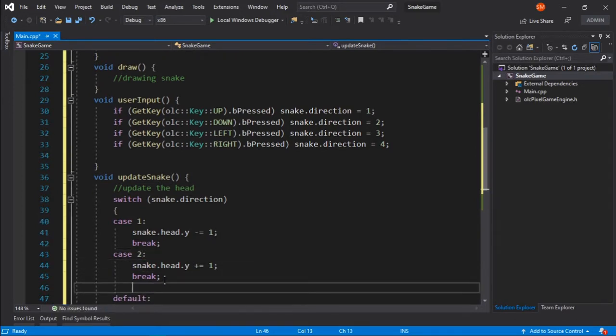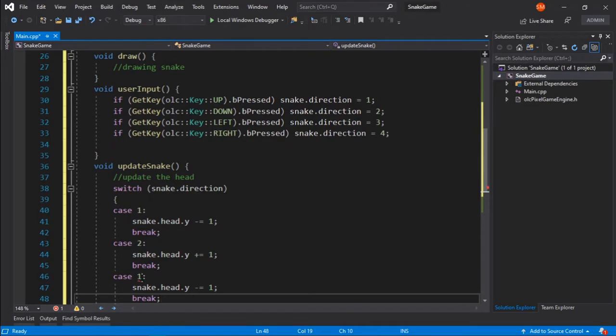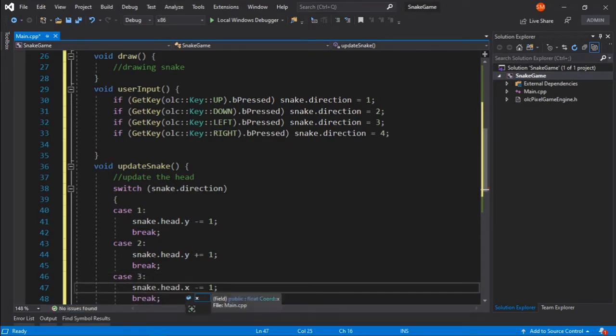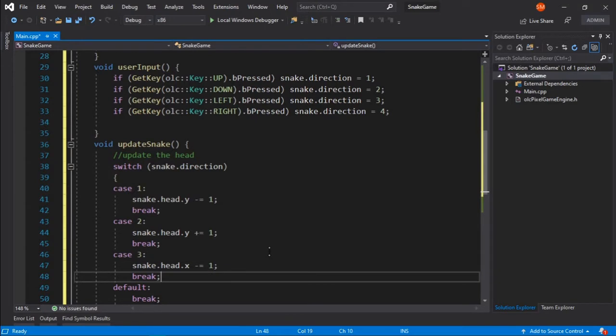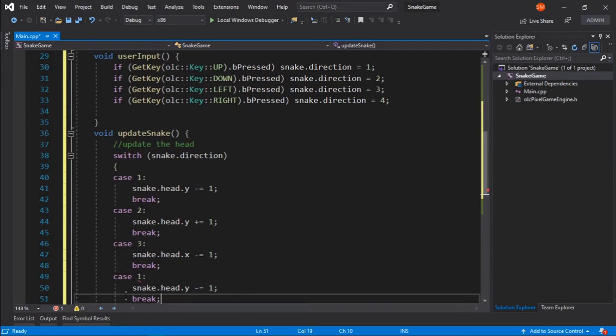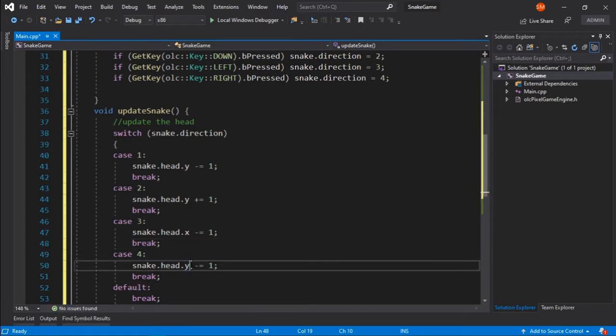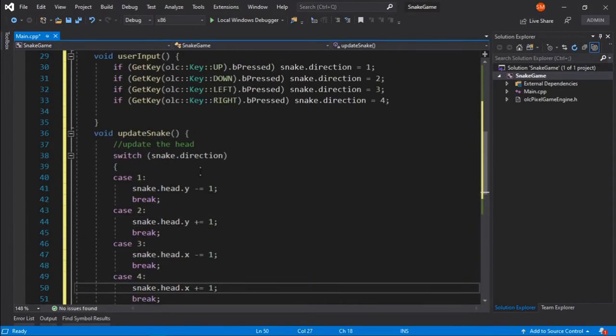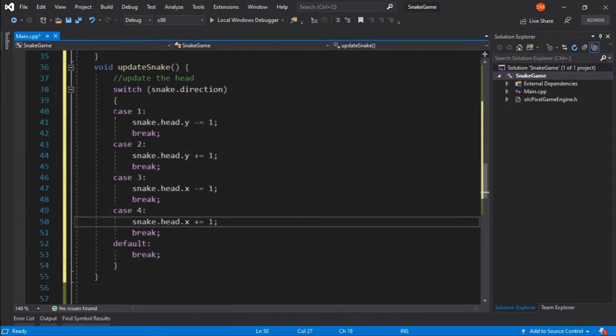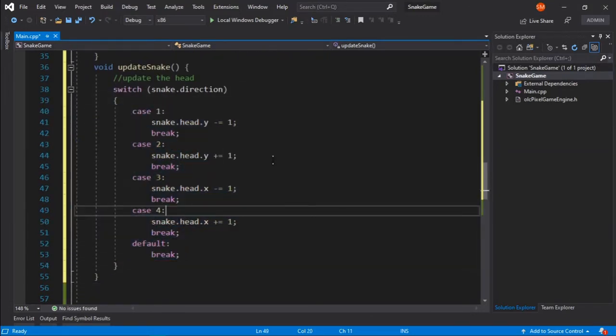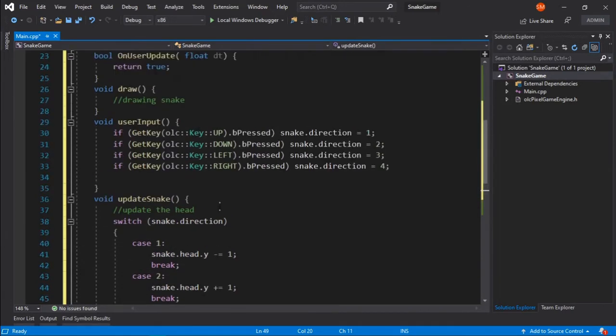And for case 3, the snake will be going towards left, so the x coordinate will reduce by 1, and for case 4, the x coordinate will be increasing by 1. So that's basically it for the basic construction of the snake head's movement.